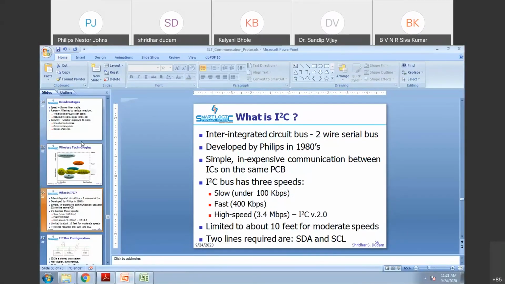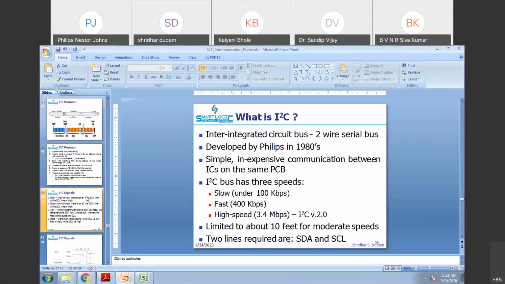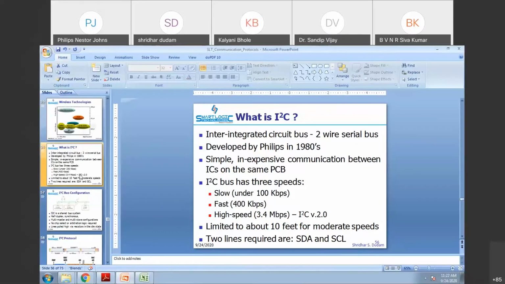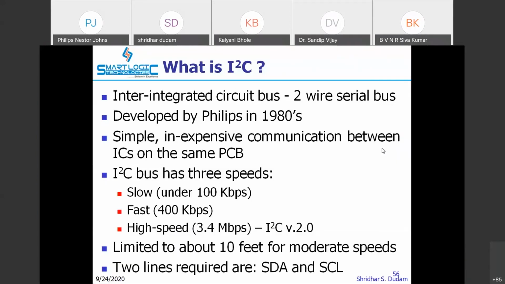So all this is about the communication protocols which are used whenever you want to communicate with a smartphone or computers. Okay. I think there is no need to talk about I2C and SPI in detail because of the short time, I'll just go through it. The I2C protocol is used for onboard communication, and it is based on a two-wire serial bus, which was developed by Philips in 1980.